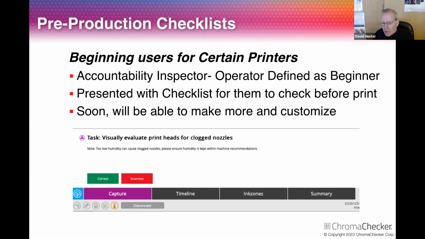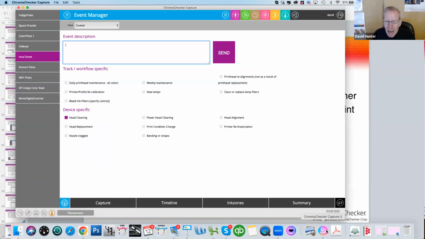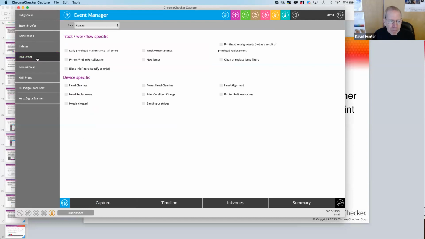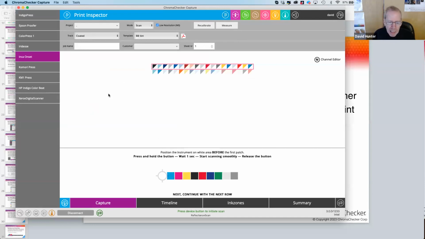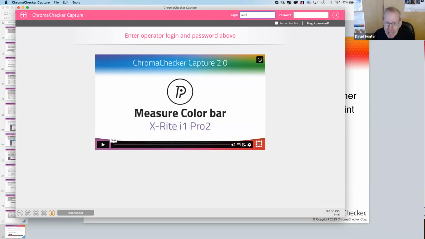Here's my pre-production checklists that we mentioned. All you have to do in the accountability inspector is this: depending upon whether the operator is designated as a beginner or advanced, that determines whether or not the checklist comes up. So let me demonstrate for you quickly. I'm going to go into our capture. I've already logged in as an expert, and you can see here I'm in Print Inspector, ready to print and measure for the Inca. Now, if I log out and I log in as a basic operator,